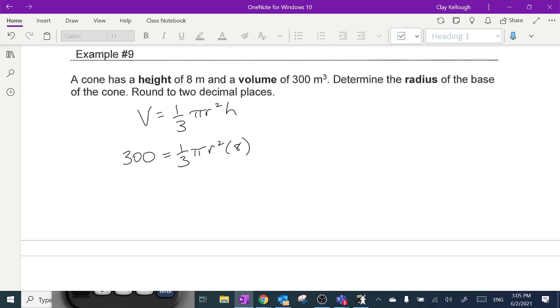What are we going to do now? The answer, we're going to do algebra. We're going to isolate r. What's happening to r? Well, r is being squared first. Then it's being times by a bunch of things. Well, let's get rid of those things that it's being times by. Let's divide both sides of the equation by 1/3, by pi and by 8. And then while we're at it,